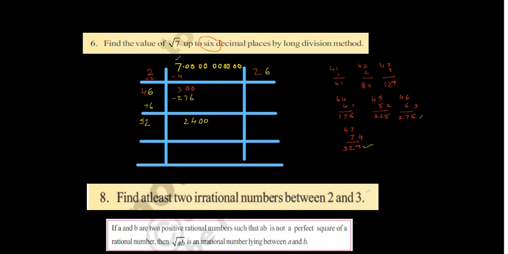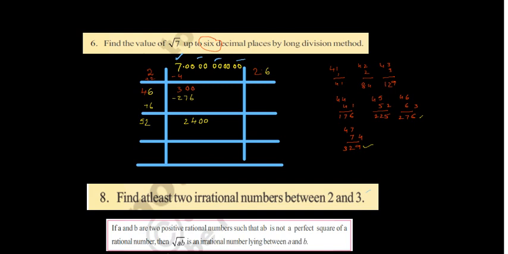For that purpose, first I write 7. After 7, you put a decimal point and write a pair of zeros like this. Already you know it. In previous videos, we found the values of root 2, root 3 and root 5. In the same procedure, we can solve this problem also. So first you may observe which perfect square number is possible to subtract from 7.